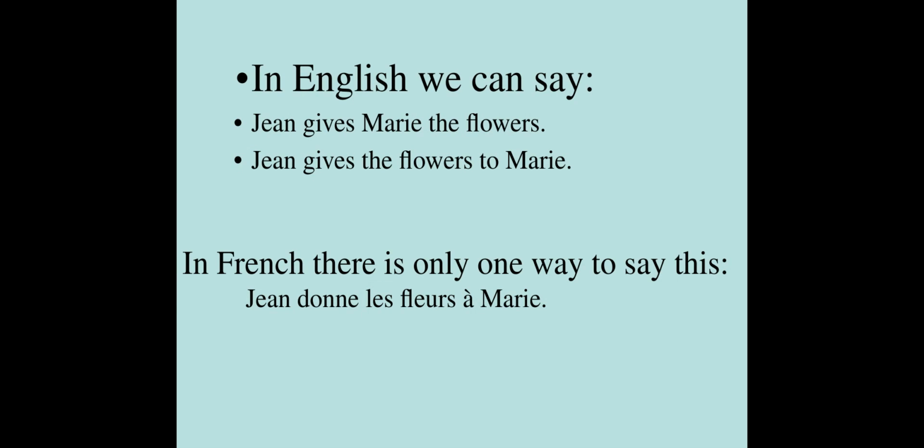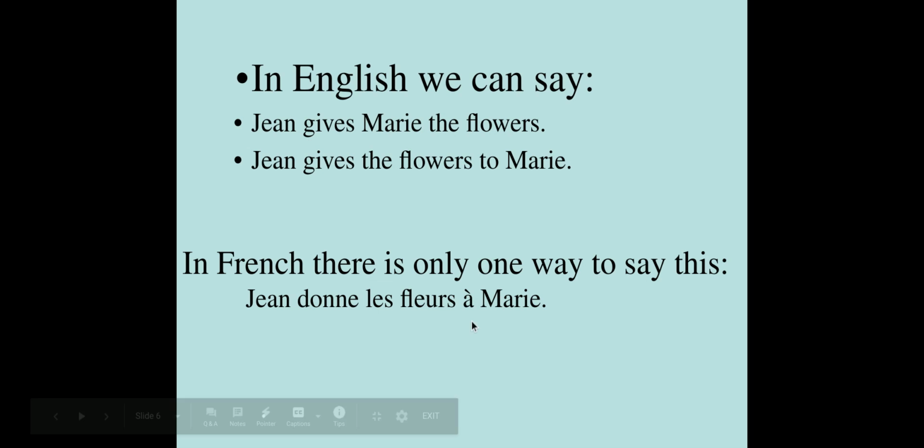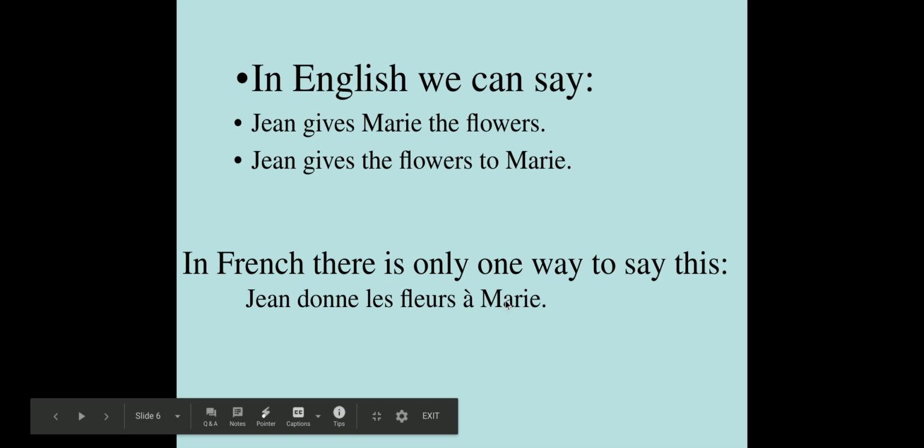So in English, we have two different ways of saying an indirect object pronoun. We can say, Jean gives Marie the flowers, which is what we usually say, or we can say, Jean gives the flowers to Marie, which is a little bit longer. But in French, there's only one way to say it, and you have to say it the second way in English. You have to say it as Jean gives the flowers to Marie. So in French, we would say Jean donne les fleurs à Marie. So that's where this à comes in really handy because that clues you in as to what is your indirect